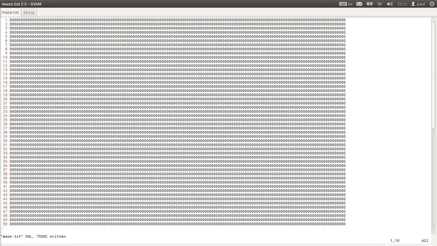So if I have 50 rows and 150 columns, I would have a screen as big as 300 pixels by 100, and that's not too big at all. But just to show you how you can draw a maze from here, you can